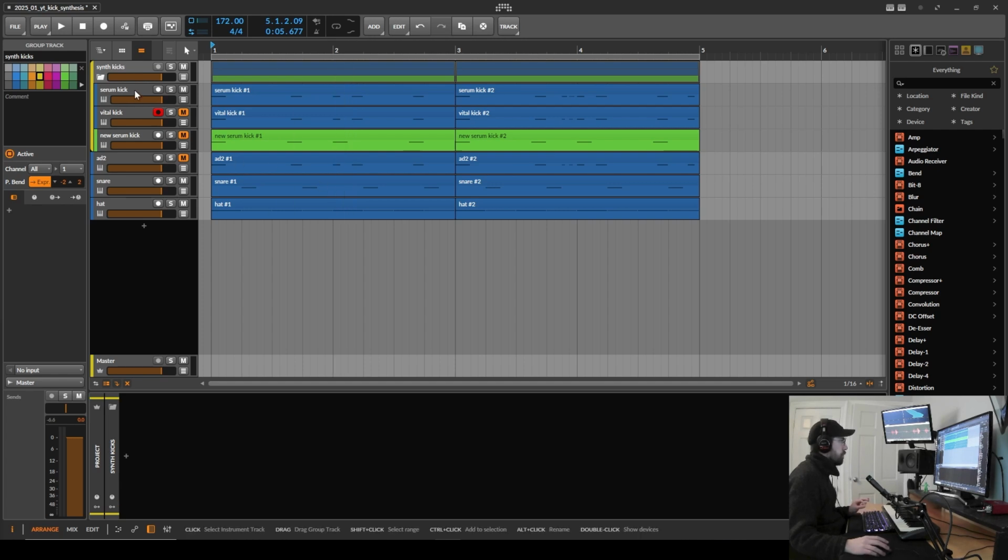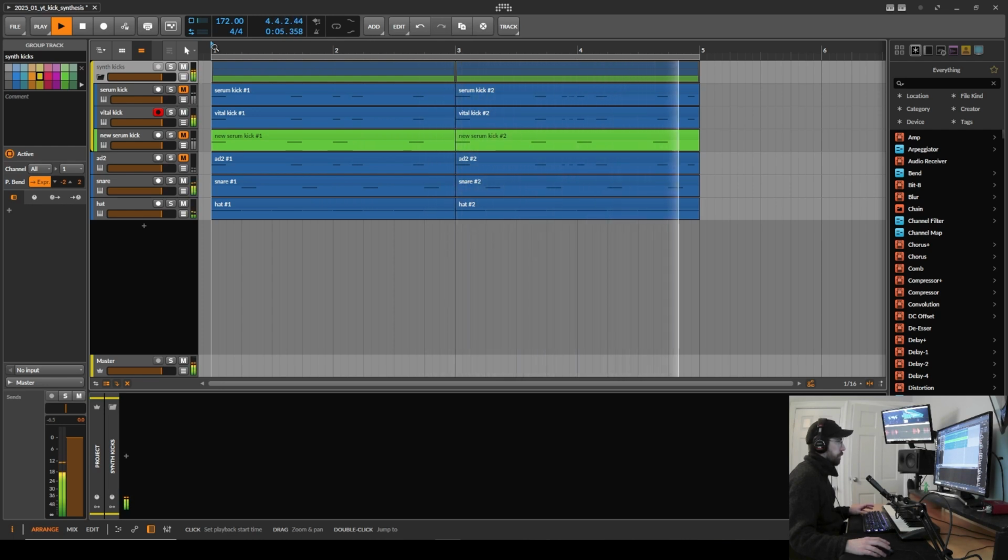So we're going to dive into these kicks, and I'm going to predominantly show you how to do this in Serum, but these principles and concepts will translate to any synth that you're using to create your kick drum. For reference, I've also created a kick using Vital, and this is the beat with the Vital kick. There are some differences, but